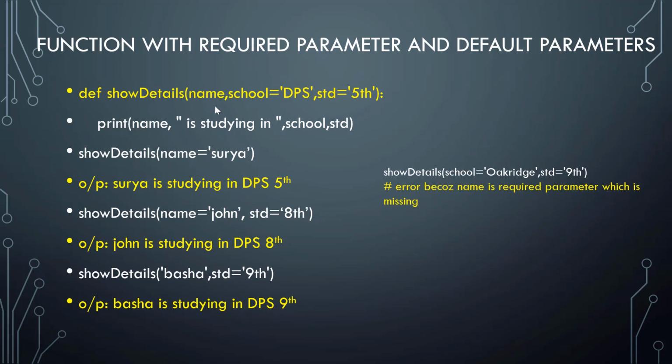Keyword arguments means you need to specify the function parameter name followed by the value, so that you can give a specific value to a specific parameter in whichever order you want. Okay, I think I need not show this practically. Is it clear, guys? Okay, so required parameter is a must to pass. Default parameters are optional. You may pass or you may skip it.